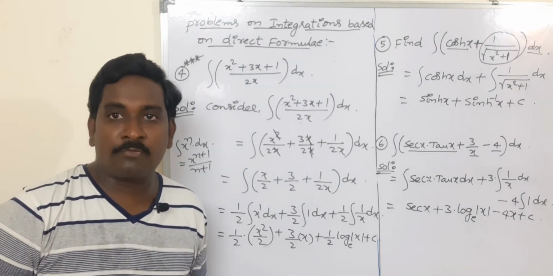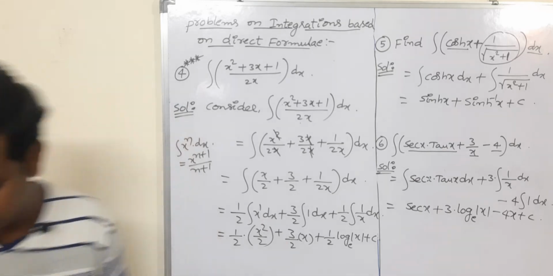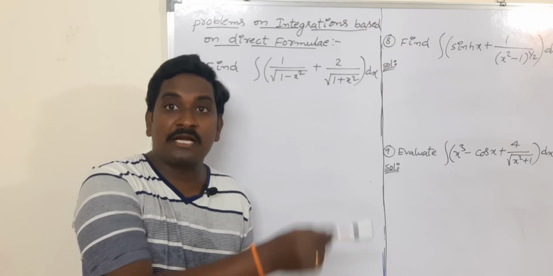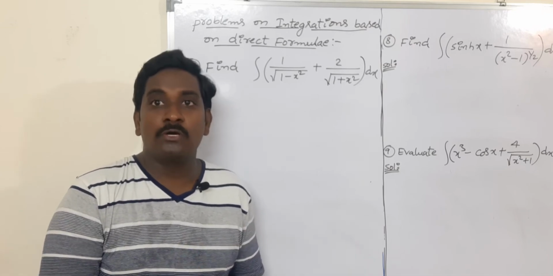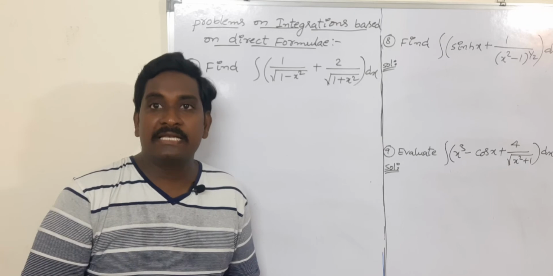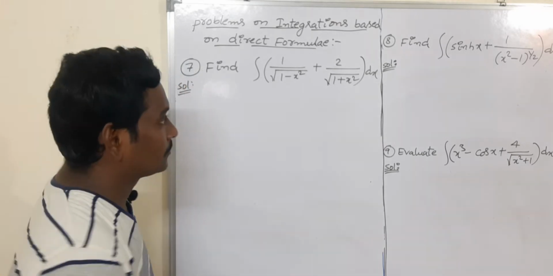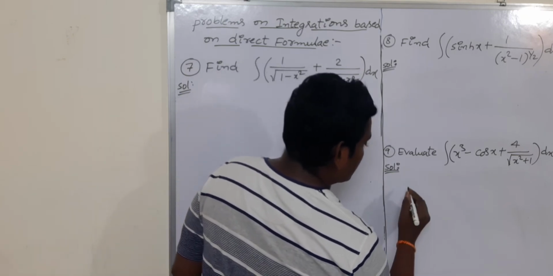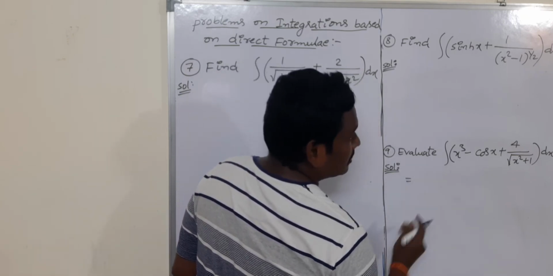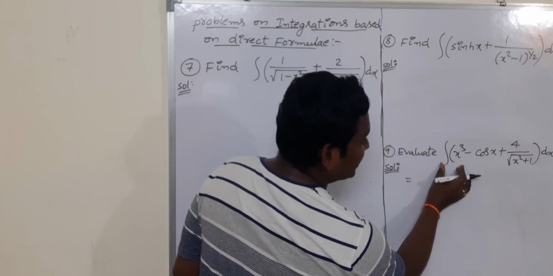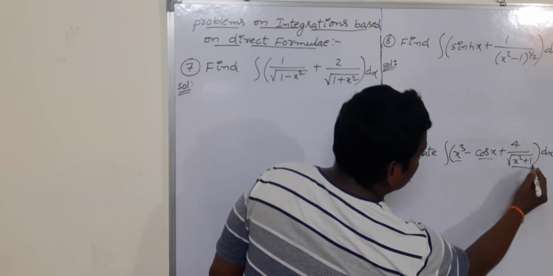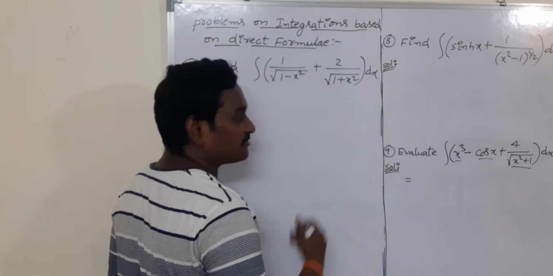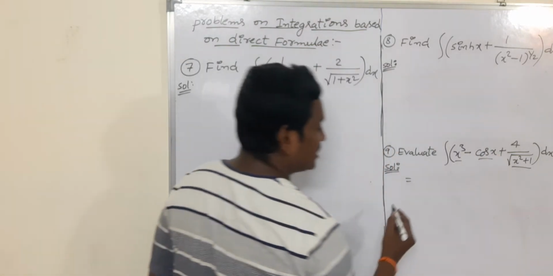Okay, I will give another set of problems now. Please note down, these are another set of problems. These problems are also based on the direct formula. We just have to separate the terms by using the linear property. It's enough. First see this one. Directly separate the terms by using the linear property. There are three terms inside. So this is a negative sign and this is a positive sign. That's why we can easily separate the terms by using the linear property.